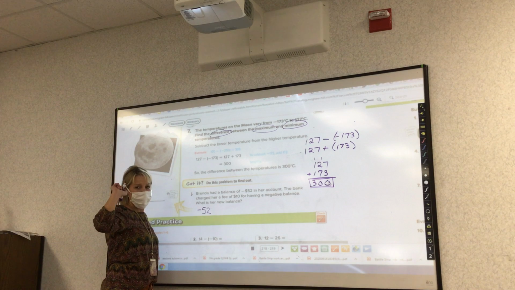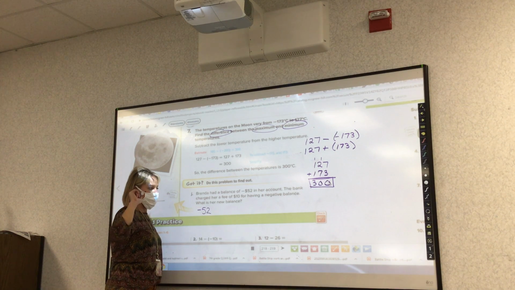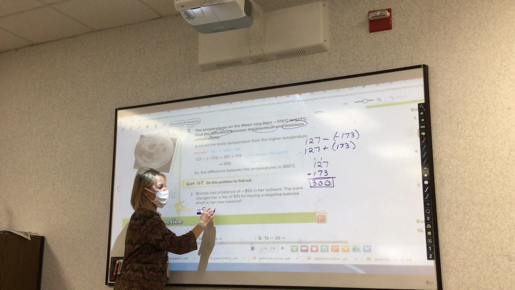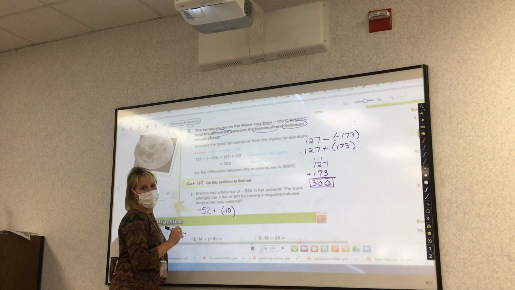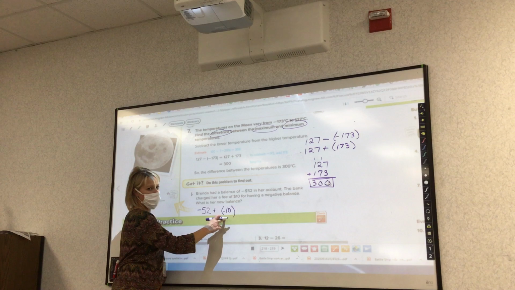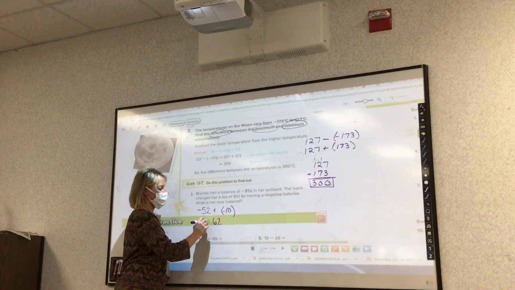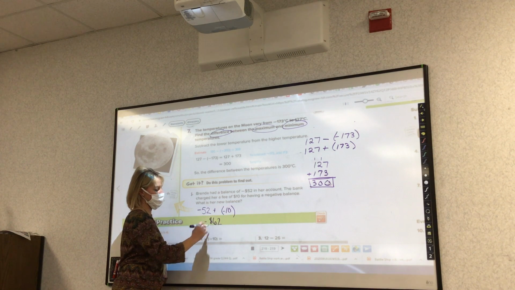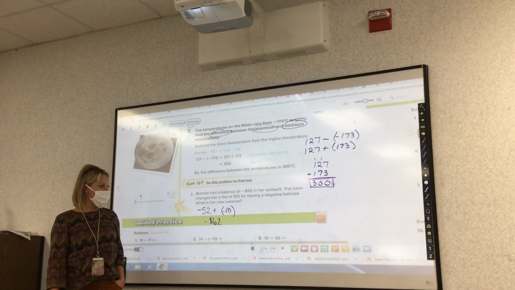Go ahead. So she has a negative 52, and then they charge her 10 more for having that, so it'd be negative 62. So they're adding another negative, right? Because a fee would be a negative $10. Yes. So if we have two negatives, it's just going to be a negative $62. Okay? Katie, you can go ahead and